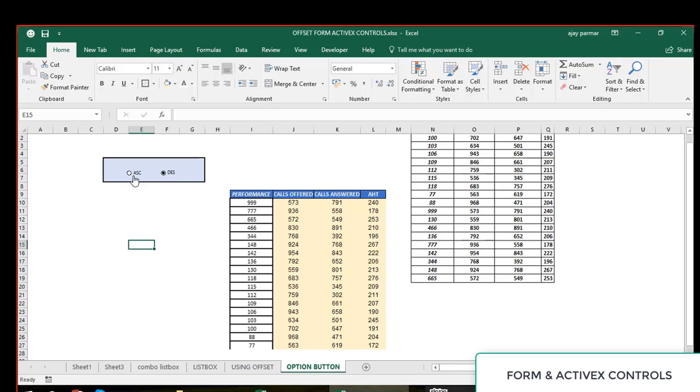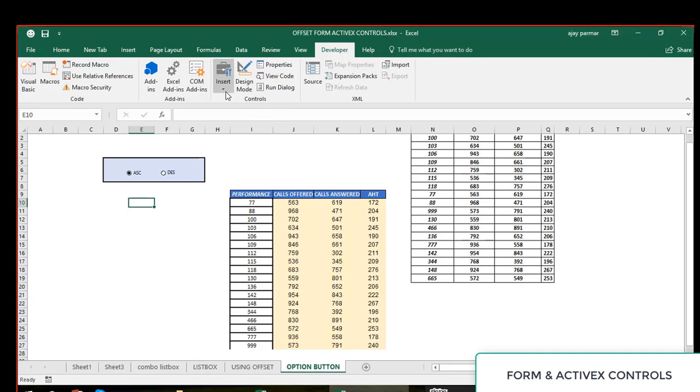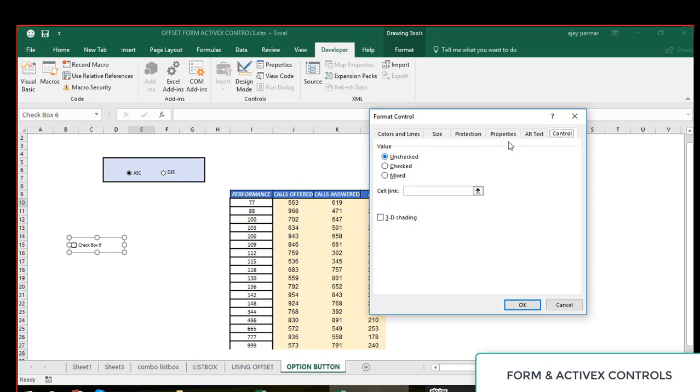right? Same way you can go and create the checkboxes. I will not give you the example on the checkboxes now, but let's just go and draw this. So this is my checkbox. Checkbox is also a good option. If you right click on this, you can go to the form control and then you can give it a